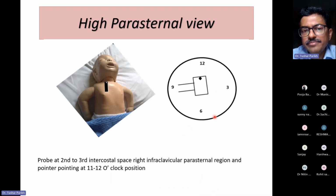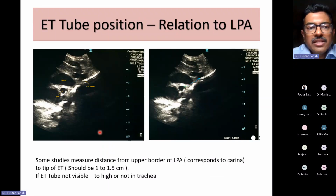Okay, so I'll show it. How do you do that? You do the left parasternal view. So put the probe on the right side, sorry, a high parasternal view on the right side, the orientation marker is facing 11 or 12 o'clock. Okay. And then what you see is the aorta, arch of aorta, and it is going to go